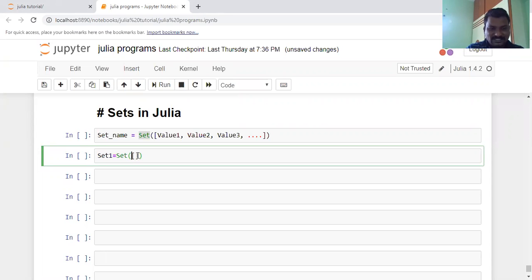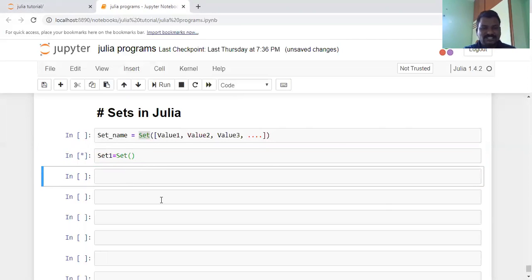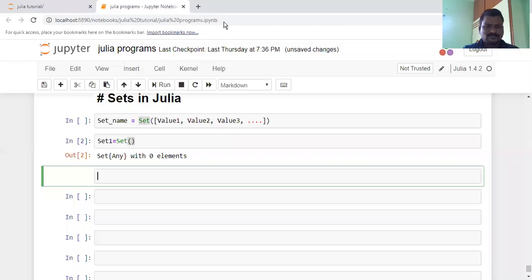Within the set, if you don't write anything, that indicates an empty set. So set 1 is an empty set. Set 1 consists of an empty number of elements.